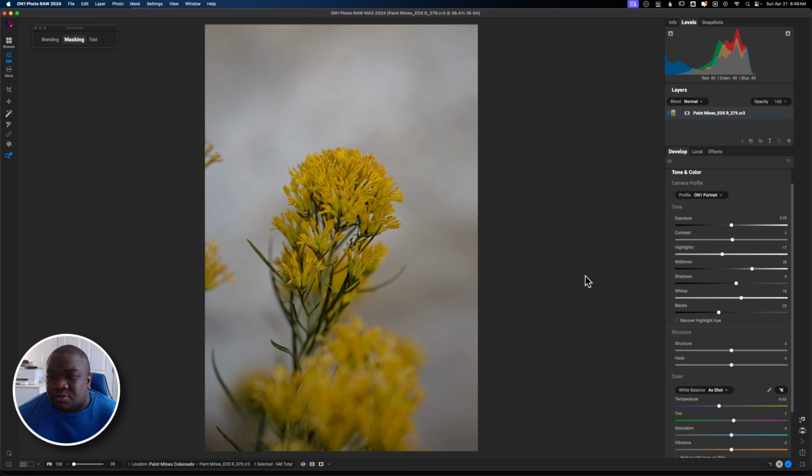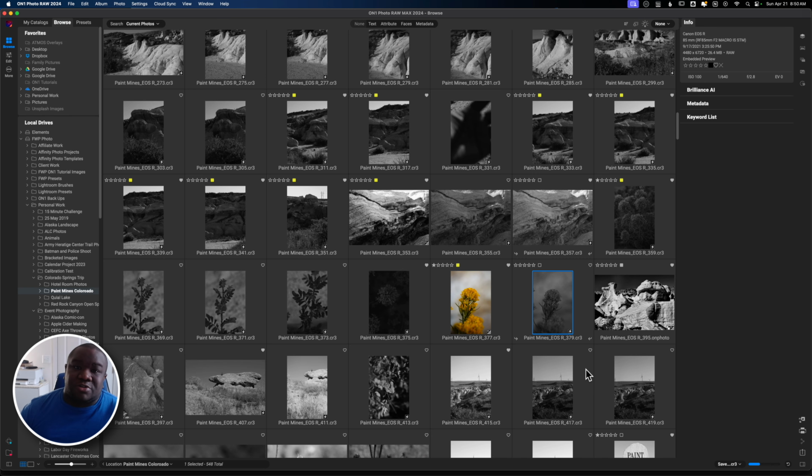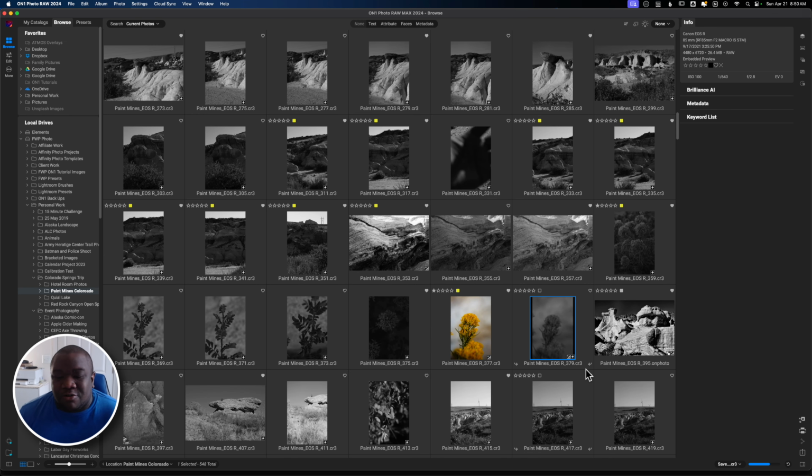So what I'm going to do is go ahead and hit the check mark. All right. I'm going to hit the check mark because I want to send this over to Luminar Neo. Now, remember, I have to use the workaround method that I was just telling you about. This is a photo that I edited purely in ON1, but this is the photo that we're actually working on. So what I'm going to do is right click on this image,